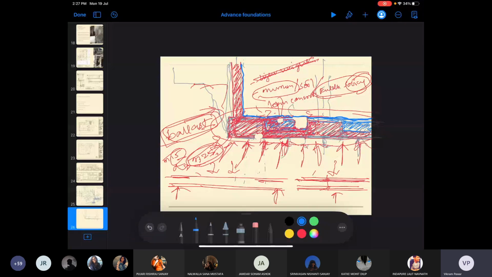So the problem is not the structure itself, because the structure is poured concrete. The problem is the joints. There are constructional joints when you are laying this out, and through those joints there are vulnerabilities. Water will come in and start accumulating over here.